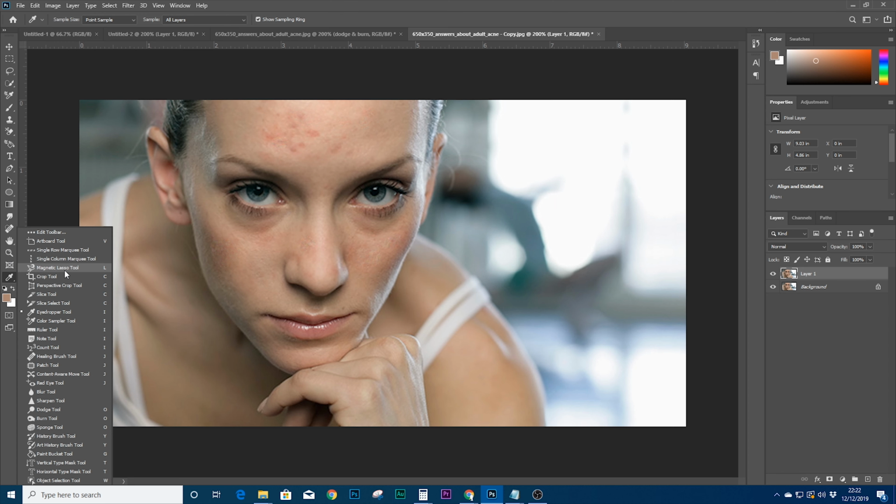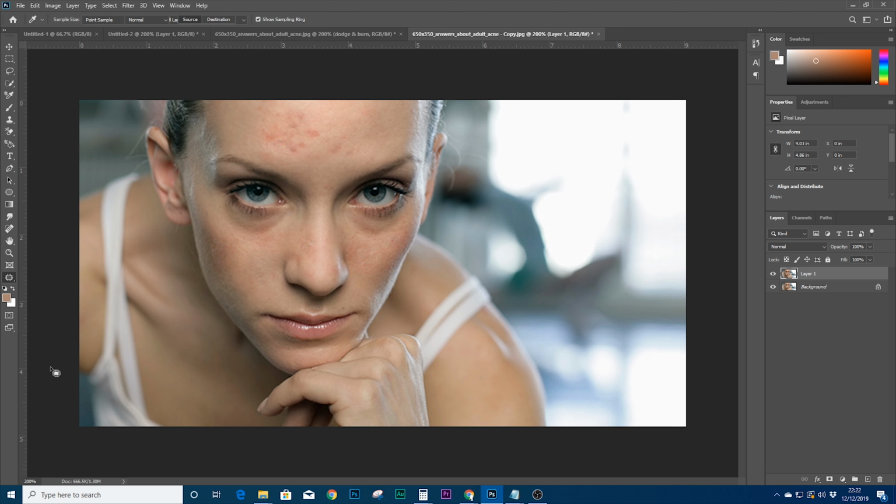So if I click on the three dots, look for the patch tool. Now this one is quite a useful tool. If we just highlight the area that we want to fix, that area there, and then we can then drag and change it with a much smoother area. So if I go there, let go, Ctrl D to deselect, and you can see it has actually done a pretty good job. Sometimes you do notice a little bit of quality loss, and I've got a few marks there,